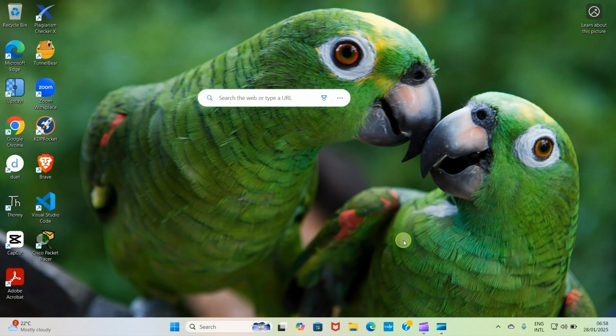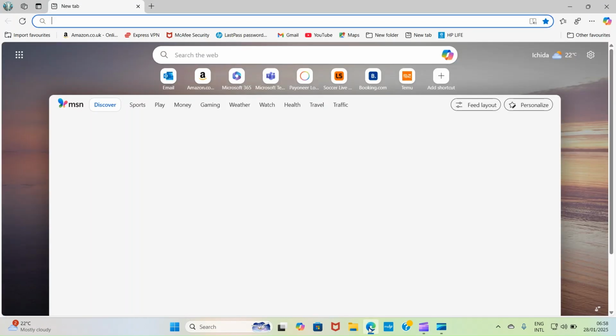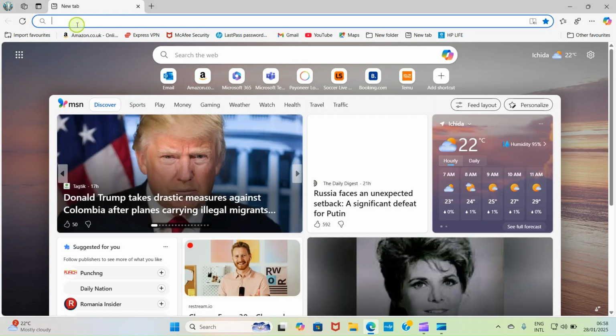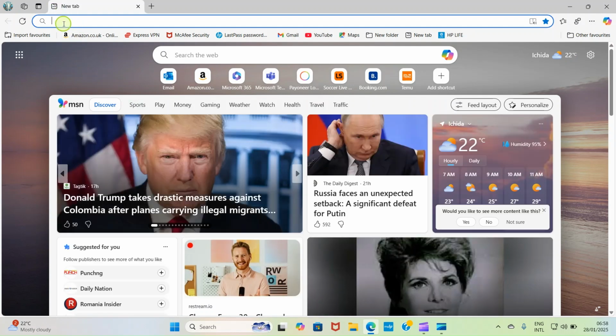All right, first, get your PC connected to the internet. So here, this has internet access. And after that, open a web browser of your choice. Here, I'll be using Microsoft Edge. So I'll click on it and it opens. As the Edge opens, the next step you need to take is to visit